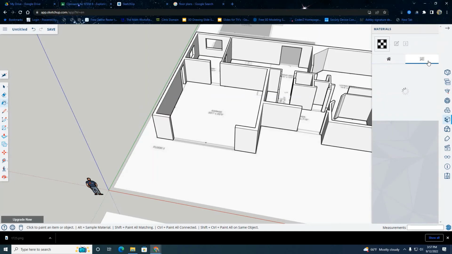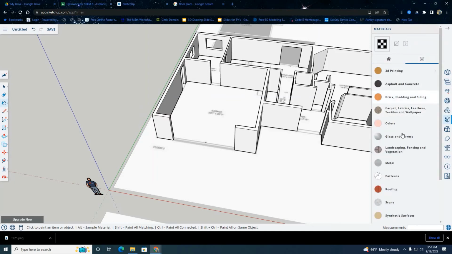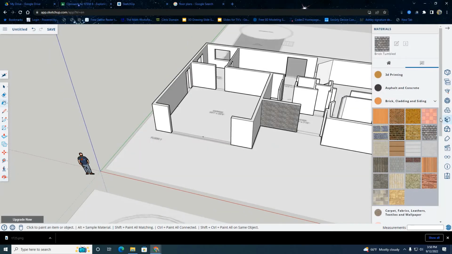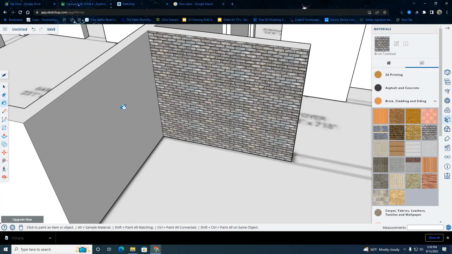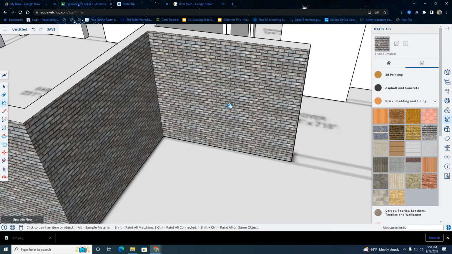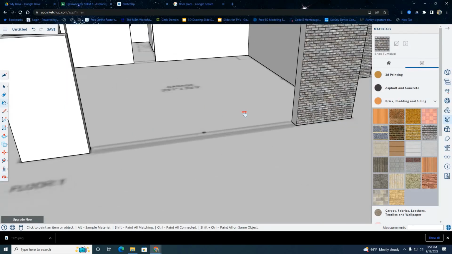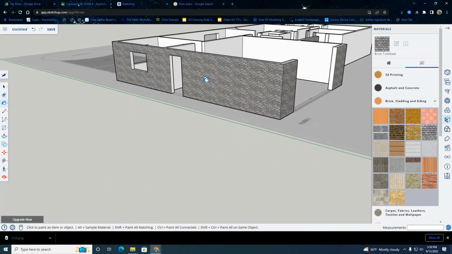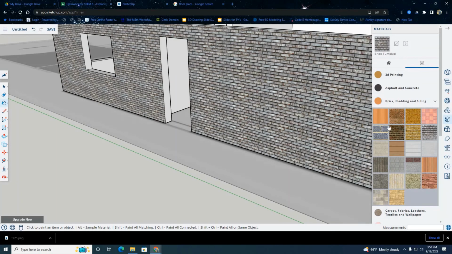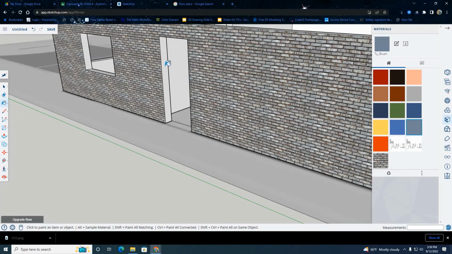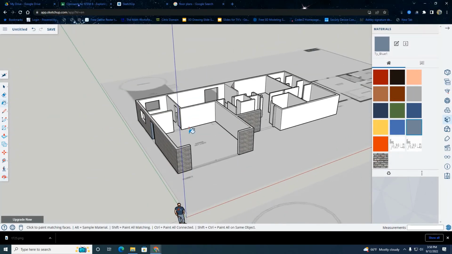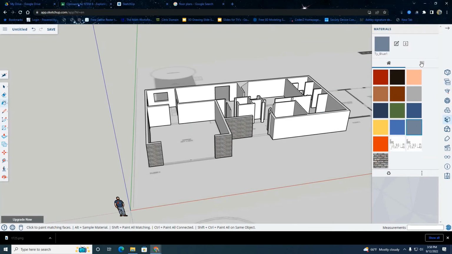So, paint bucket tool has a bunch of different fun textures. So, if I did like some brick, I could just click on whatever I want and then click brick, and that'll appear on the wall. So, you know, in any good design plan, everything would be painted, even inside of the door here, the door jamb. So there's other colors here that you can choose from, etc. So after everything's painted, all the windows and doors are in,